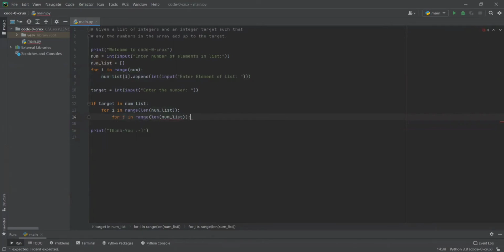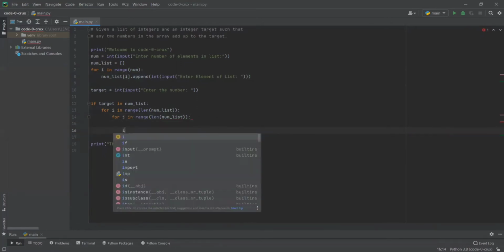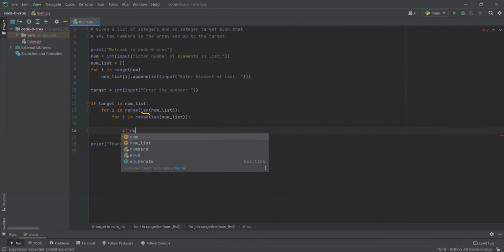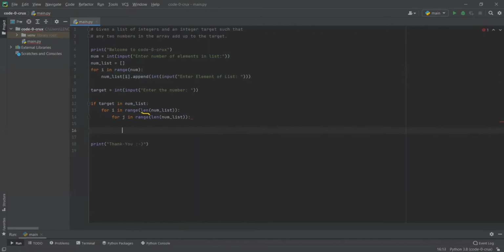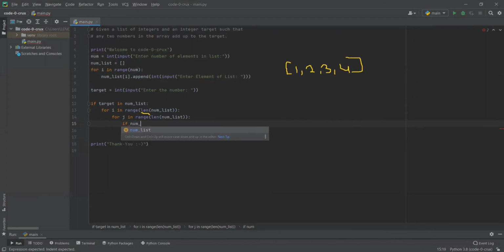Yep. So now over here, my friend has written len. This is nothing but length, and length means the size of the array. So if the array is 1, 2, 3, 4, this is our num list. Let us suppose this is a demo num list. The length will be 4 because it contains 4 elements. So simply, length is the number of elements present in a specific list or a specific array.